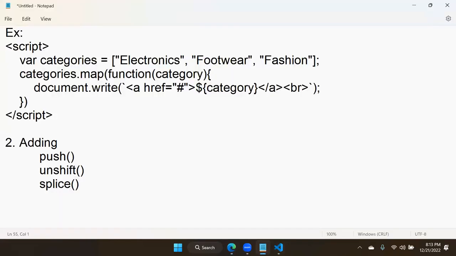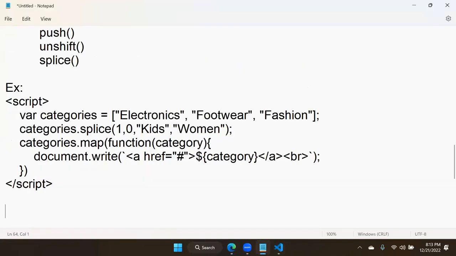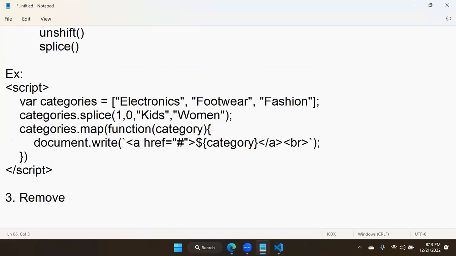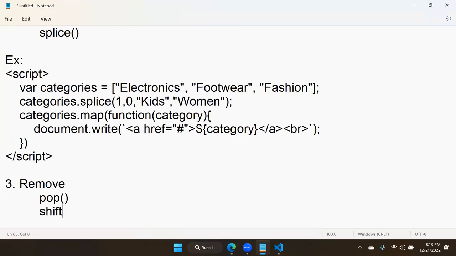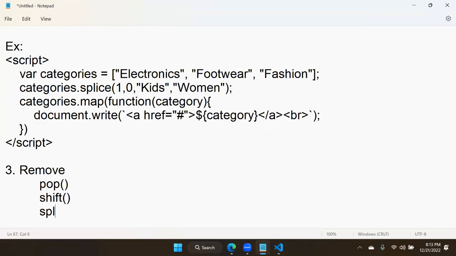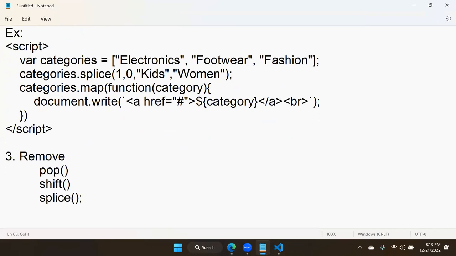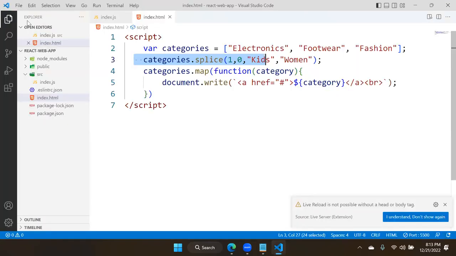This is the example. How do we remove items from an array? To remove items from an array, we need to use options like pop. We need to use the option like shift. You need to again use splice. Pop will remove the last item and splice will remove a specific item. Suppose I am not adding here. Currently we have only electronics, footwear and fashion. I want to remove footwear. If I want to remove footwear, then categories